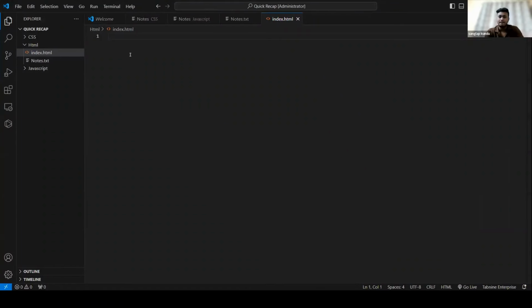Okay, so now we have built the index.html file. Now, if you have VS Code installed properly, and we have a comment,